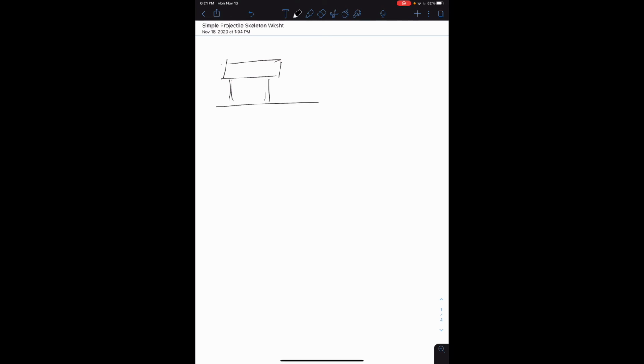Like the marble in the lab, that's directed off the table with an initial velocity in the x direction only. And the marble is going to take this path off of the table, which is sort of like a parabola, and it's going to travel some range delta x